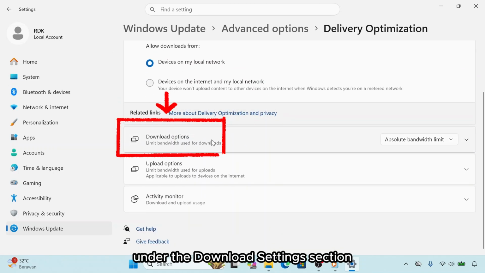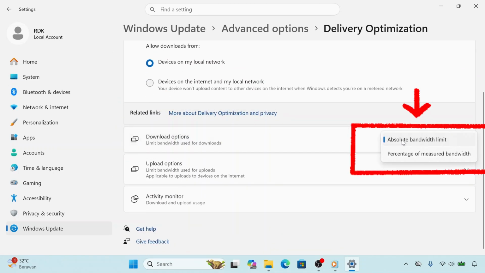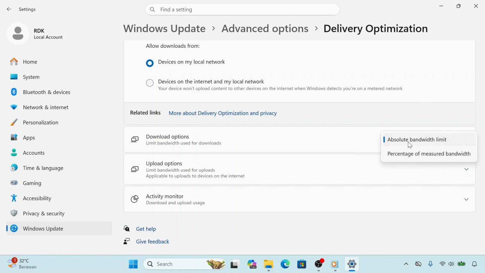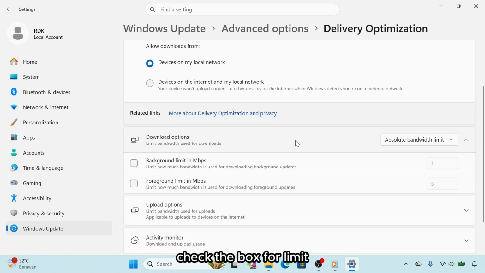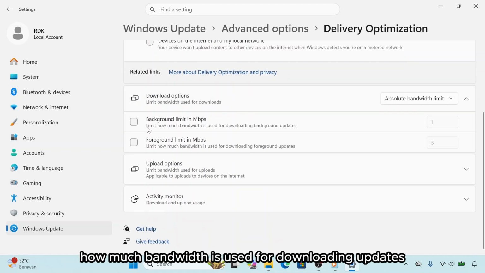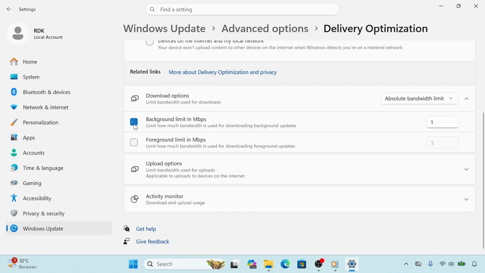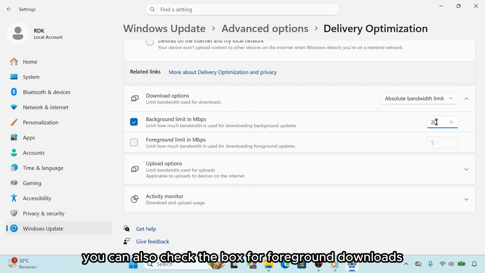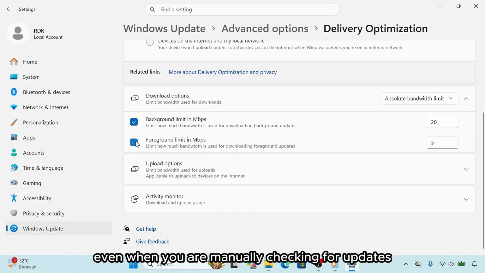Under the Download Settings section, you have two choices: Absolute Bandwidth or Percentage of Measured Bandwidth. Select Absolute Bandwidth if you want to set a specific speed, like 1 or 5 megabits per second. Check the box for Limit how much bandwidth is used for downloading updates in the background. Enter your desired speed in the box provided. You can also check the box for foreground downloads to limit the speed even when you are manually checking for